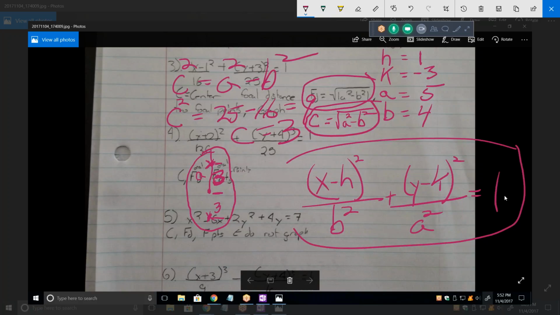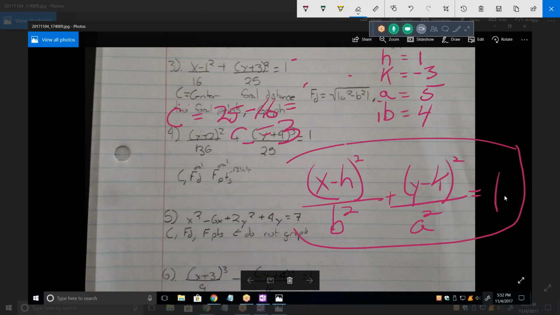Okay. Two focal points and then graph. Well, we've got the equation of this thing. Let me draw it. In other words, you start with the equation. Actually, you start with everything we've already figured out. Let's add c to that. C is equal to 3. Okay? So, to graph it,